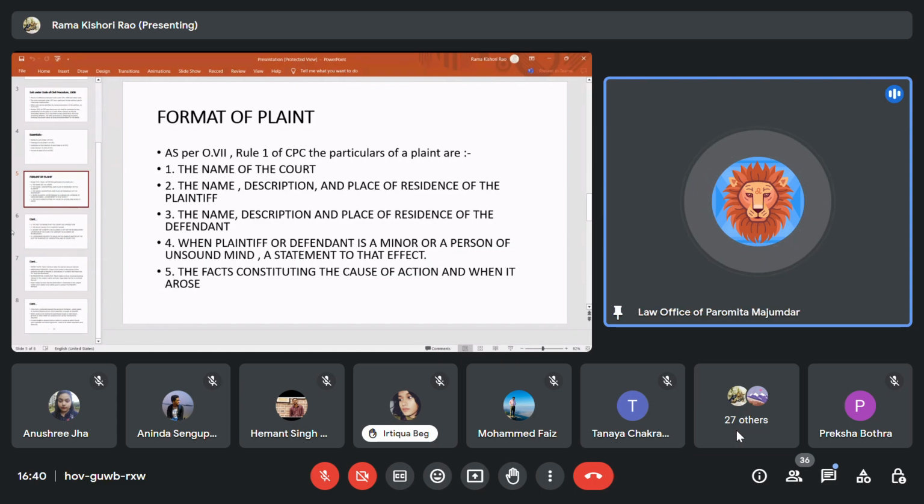See, some elements or some words which I use might sound very unfamiliar to you because you all are studying right now. We are practicing, so we understand those terminologies. But if you find any difficulty in understanding, please let me know, because clarity of concepts is the first and foremost important thing which is required in any lawyer who wishes to practice, who wishes to litigate.